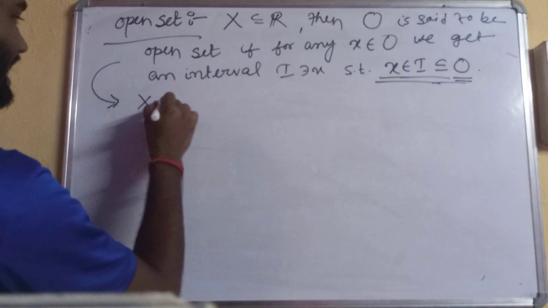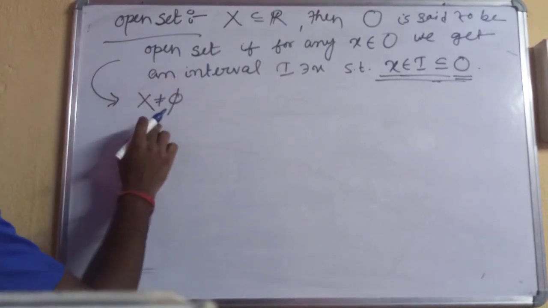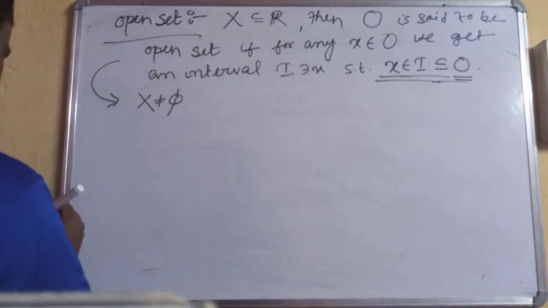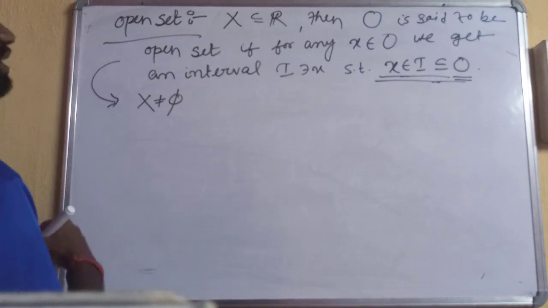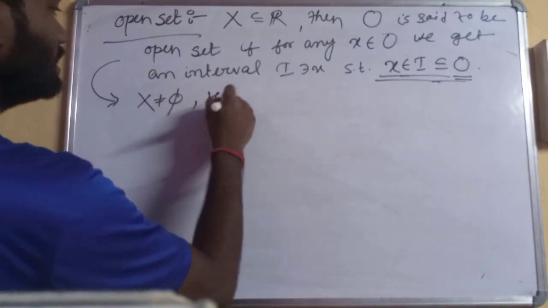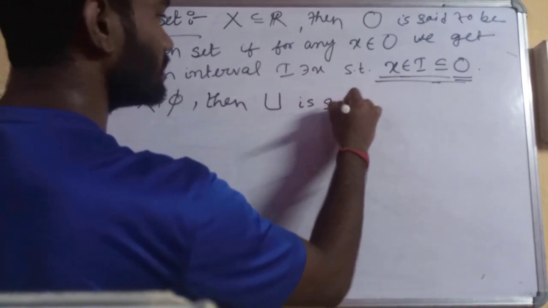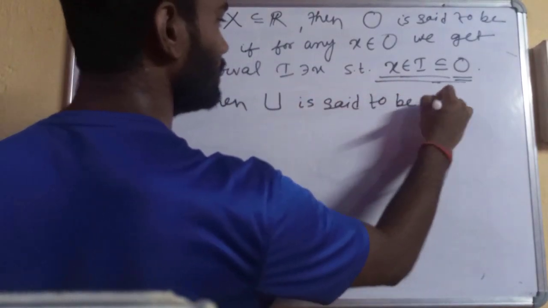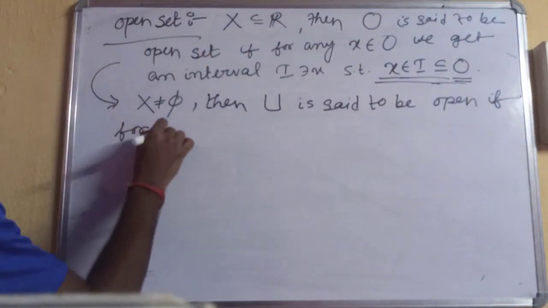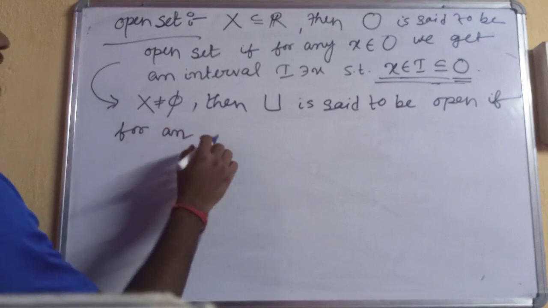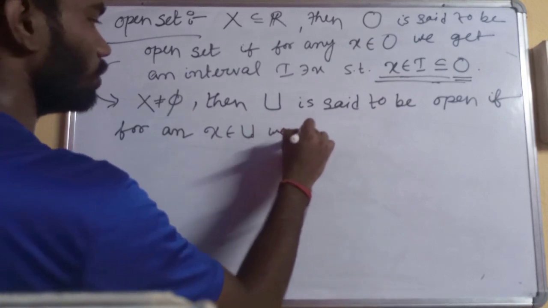Suppose X is any non-empty set, and there is no need for it to be a set of real numbers; it is the general case. Then U is said to be open if for any x in U we will get